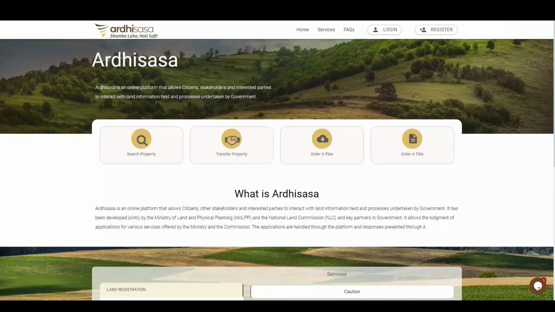Ladies and gentlemen, welcome to the ArdhiSasa tutorial on the lease preparation application resulting from a development control change of user process. A lease is a written legal contract outlining the terms and conditions under which a lessor, for instance the Kenyan government, accepts to let out a property to an individual or individuals or an entity for a specified